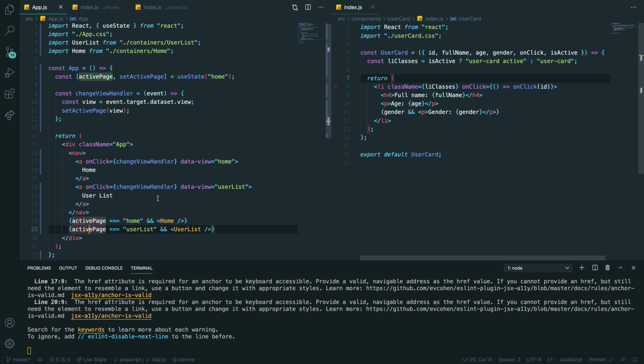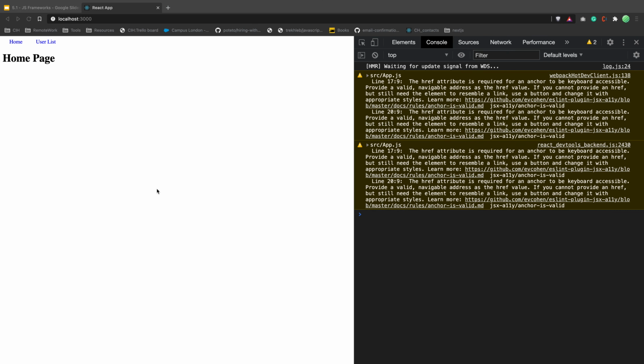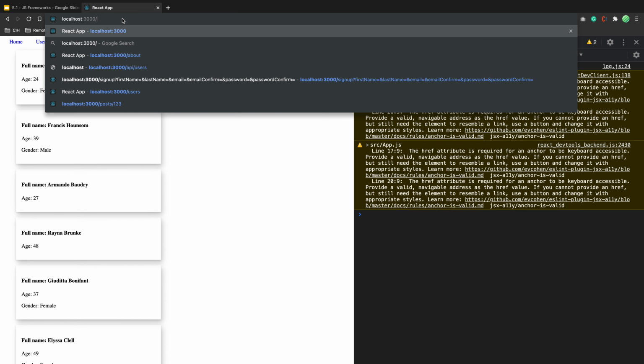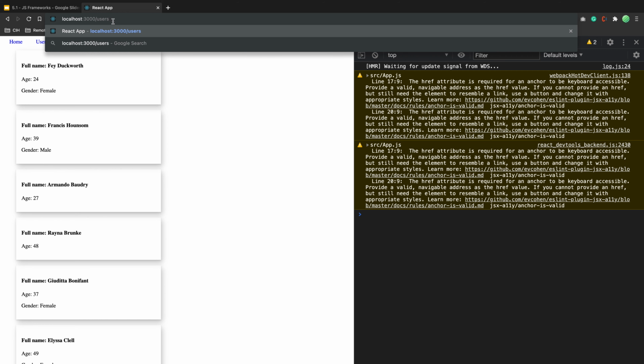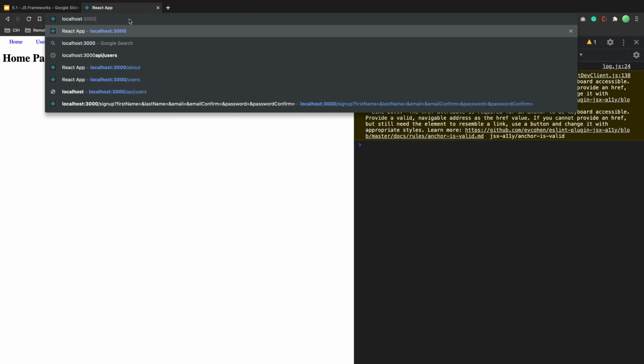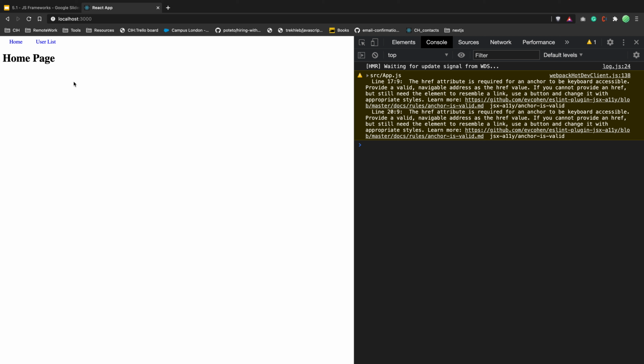Exactly. And see that you created navigation and you have two pages already. But the problem with default React is that you still stay on 3000. You're not actually navigating to something like users, right? And if you try to go to something like users and hit enter, you're still landing on the original page because it doesn't know what routing is. We have the solution for that, and we have a lesson for that as well.